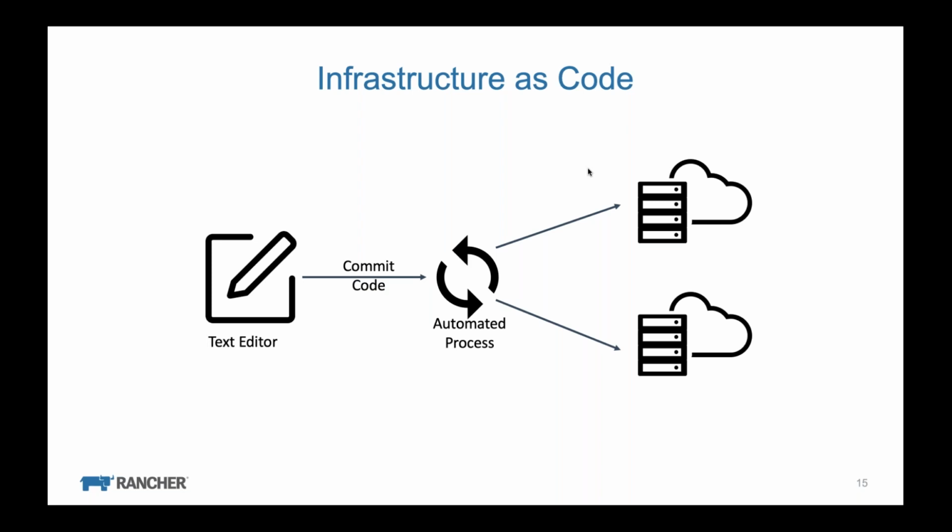And then you'll commit that to a version control system. And then through an automated process, you'll have the opportunity to plan, observe, look at, and see what changes are going to be made, and then approve and/or deny those change requests before they roll out to production. But then ultimately, your goal is to get the state that you've described in your text editor to look like